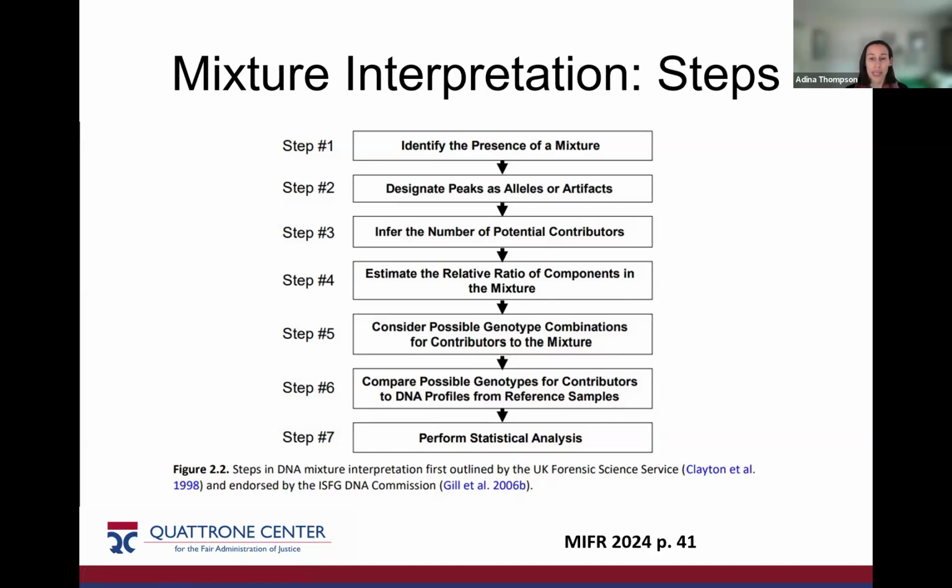So when we get the electropherogram and we see that there are multiple alleles at one place, if there are more than 5, we know that there are probably more than 2 people in the mixture. And again, the analyst has to go through and figure out: is that real data? Is that artifactual? How many people might be in here? How much DNA did each of them leave behind?